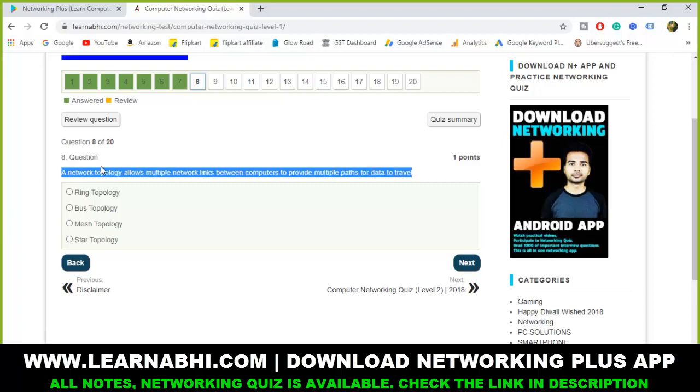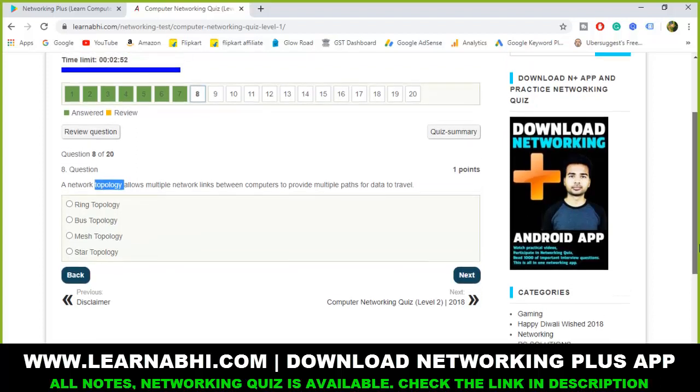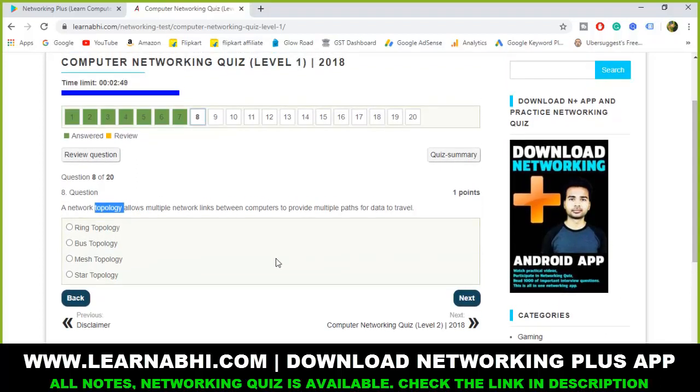Which topology? Ring topology? Mesh. Okay, no problem. Many people have told ring topology. I am selecting mesh topology only. Let's choose mesh topology. But this is not the correct answer.